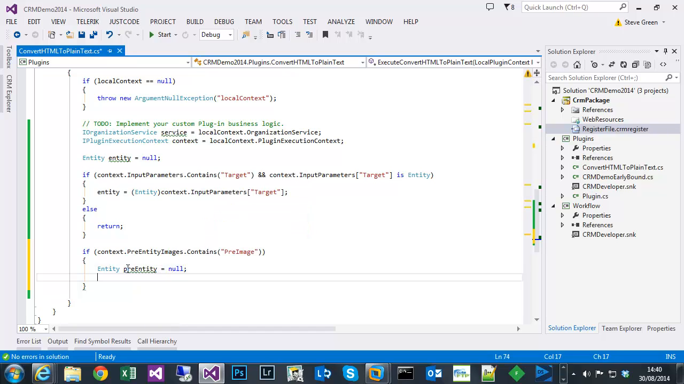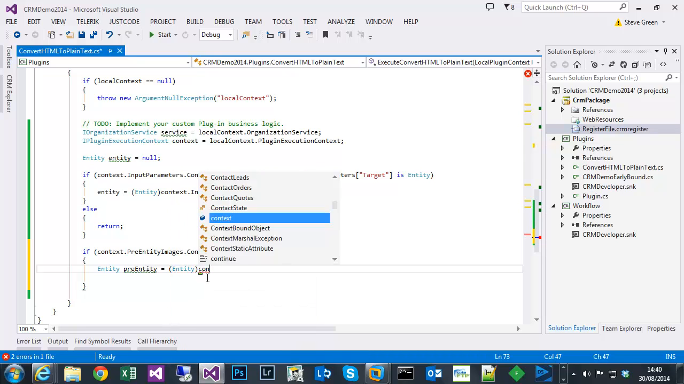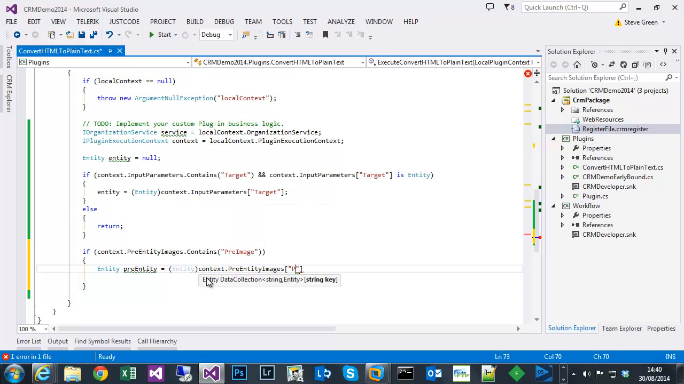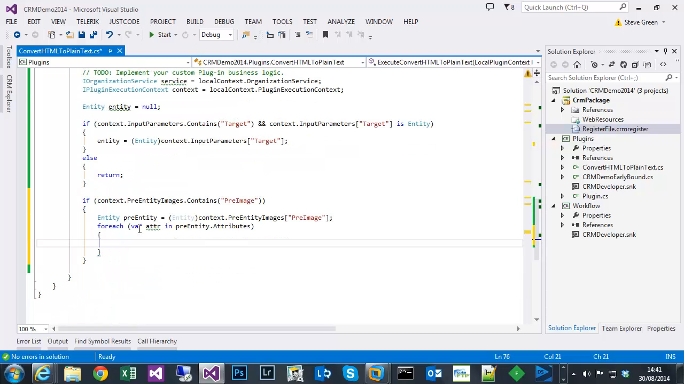Again, we can set it to null. Or we could initialize it in one go: set the pre-entity images, one called pre-image, and cast that as an entity type to that new variable, this new reference type. So then we need to iterate over the attributes within that pre-entity image. It's got a collection of attributes that should only contain the two that we've requested, which are the direction code and our sender's plain text attribute. So we iterate over those, and for each attribute as it iterates,